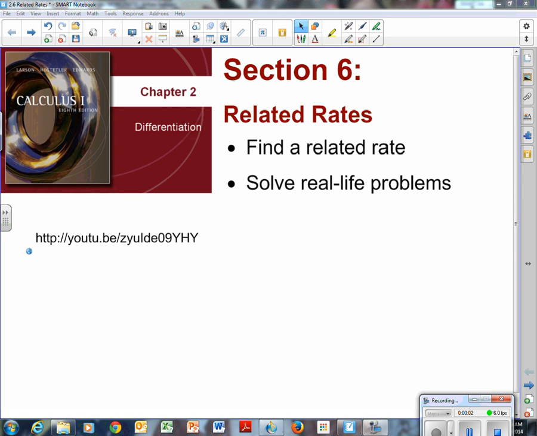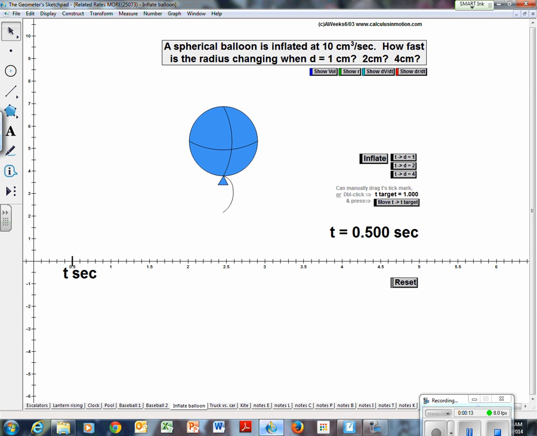Hello, we're working on Chapter 2, Section 6, all about related rates. And you may be asking yourself, what would that topic look like? Well, let's switch over. I'm going to switch into Geometry Sketchpad here, and we're going to watch this balloon get